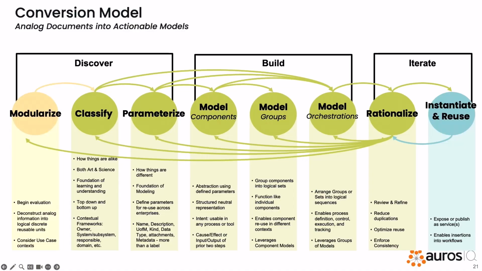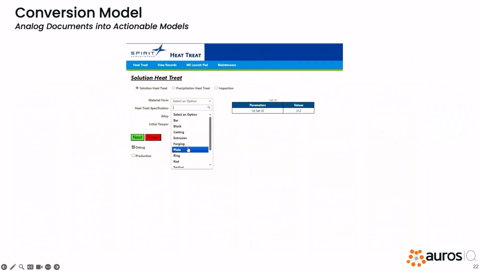And this is where we've talked about a lot of benefits around the authoring and the maintaining side, but this is where you see the benefits to the people actually using the specifications. We're going to show an example from Heat Treat for those planners. So I mentioned a few minutes ago about the web application, and that's what this is. This is just a quick video to walk through an example.